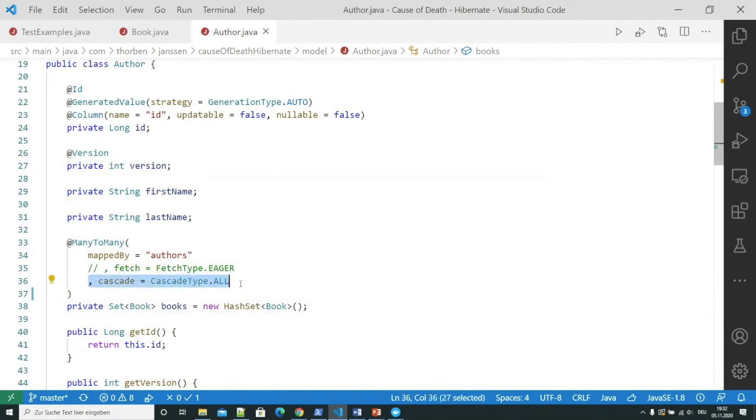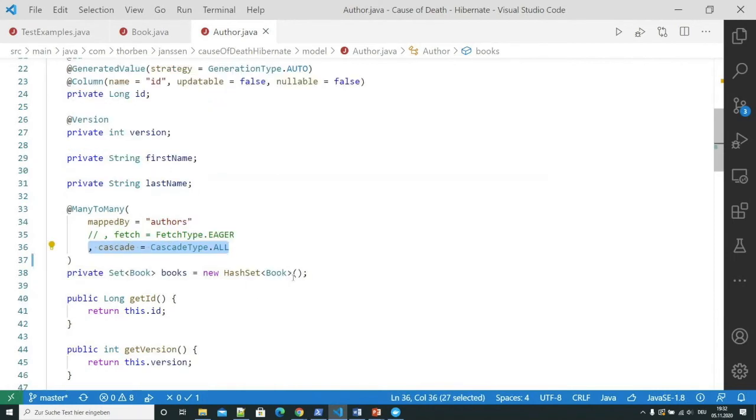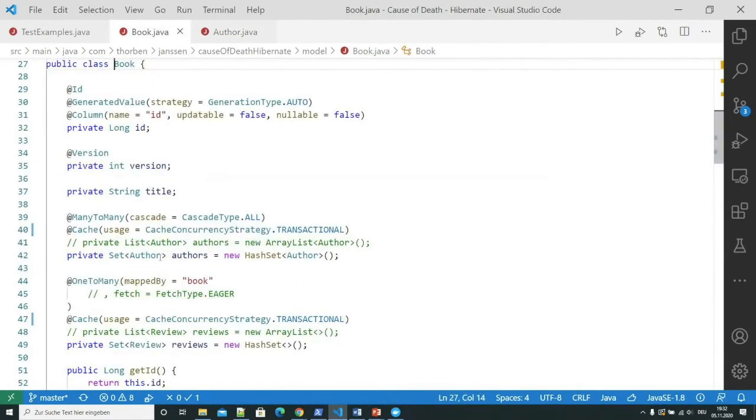So we could say we activate cascading on the many-to-many association. And well, if we delete a book and the book is the only book of an author, we also want to remove the author. So we activate the cascading here.